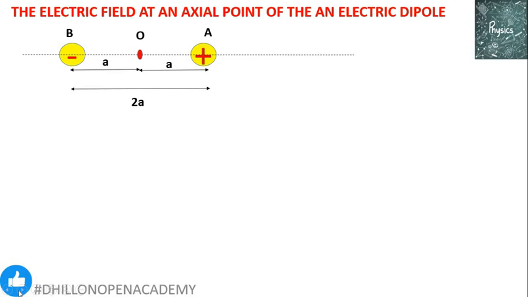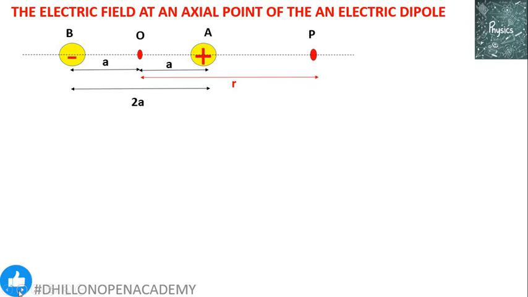So here we are having a case. The dotted line is the axial line present on the axis of the dipole. P is the observation point which is at distance r from the origin of the dipole. Always remember that whenever you place any observation point anywhere near the electric dipole, its distance is to be taken from the origin of the dipole, not from the location of the charges.